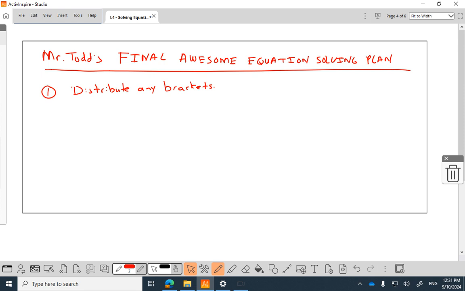2. Move variables to the left side. That's what we did at the end of yesterday's class. And yesterday I acted like, oh, that's the first thing you should do. And today I was like, actually, get rid of any brackets first. So it's brackets first, then move variables to the left side, and then